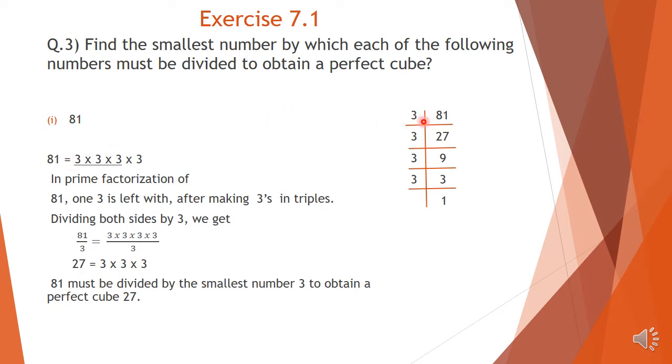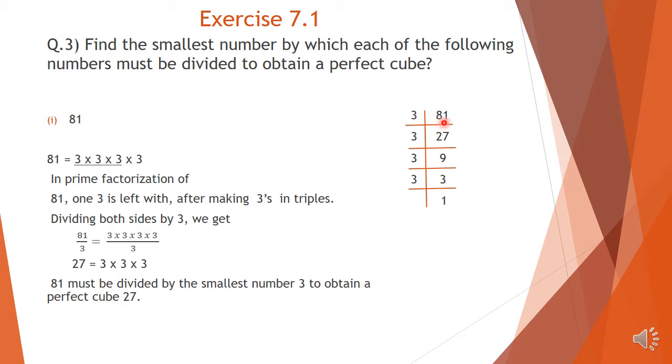So here, 81 prime factorization, what we have to do? First, it is not an even number, so we cannot write here 2. So we are doing that is 4, 3, 8 plus 1, 9. 9 we can divide by 3, or 9 is coming in the table of 3. So we write here 3. Now you think how many 3's are there in 8? We know 2 3's are 6. So 8 minus 6, it is 2. 2 and 1. It makes 21.